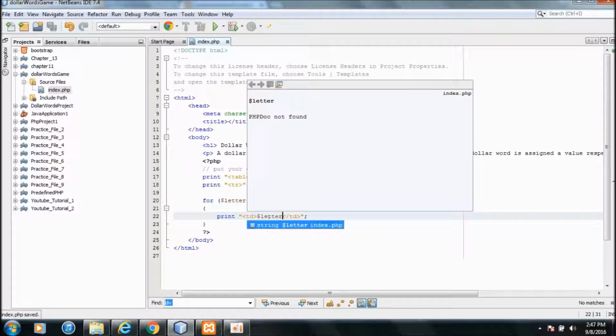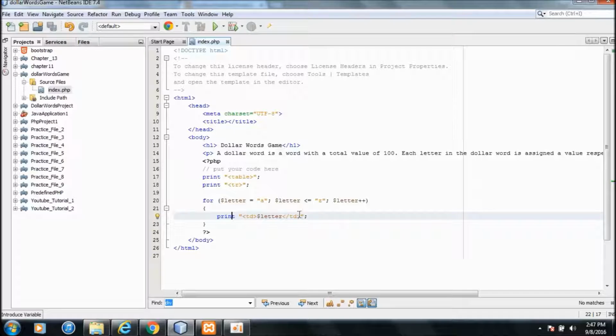So the loop is just going to print out all the letters in the table,